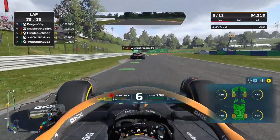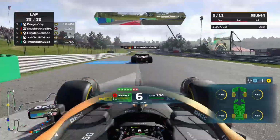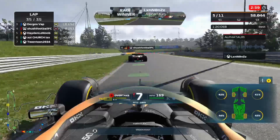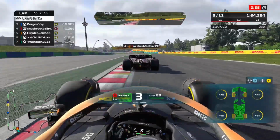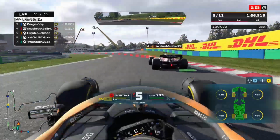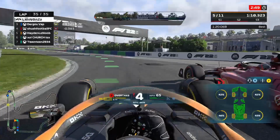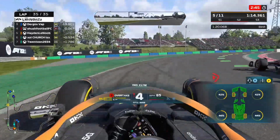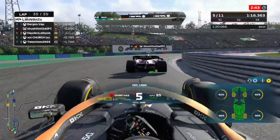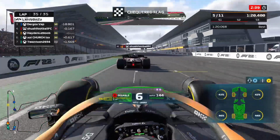I get very close to him here. Lift the throttle a bit. Get very close to him. He uses the exit curves pretty aggressively. I could make the dive bomb here. I decided to settle for what I had because I knew that gap was pretty shrinking. I was going to try to go for a little lunge here. Thought about it, but then he makes a very big error, goes wide. I have him side by side for the moment. Then I'm going to try the crossover, but Shush very beautifully defends my dive bomb, or my crossover attempt, and